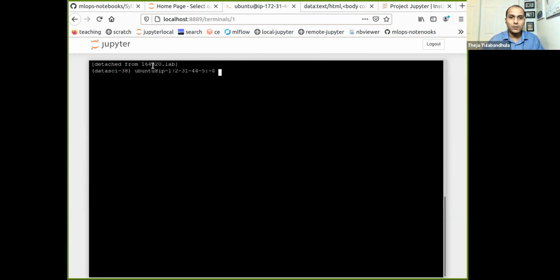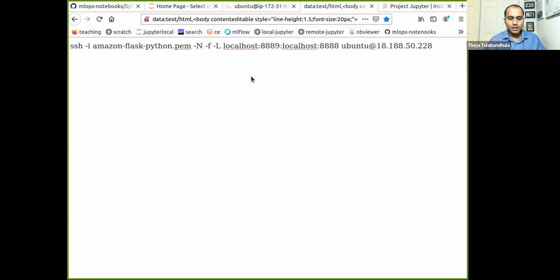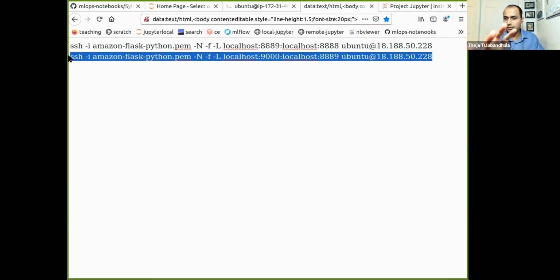Now what we do is, again, let's use this command here, and instead of this 888, let's book 9000 as a local port. On the remote machine where we just started Jupyter Lab, we know it was running on port 8889, so we're just going to change this to 8889. This is a remote port, and this is a local port. I'm going to run this second command locally on my machine, not on the remote machine, not in the browser, but in a terminal that I have, for example, in Mac or Linux or even Windows. Let me run this, and then I'm going to open localhost 9000.